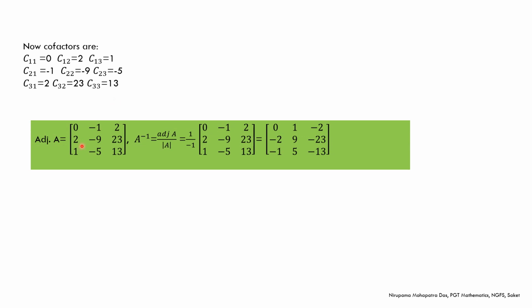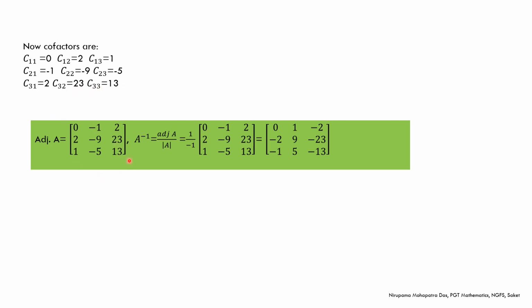And our adjoint of A is the transpose of this cofactor matrix. So please observe here 0, 2, 1. These are the cofactors of the elements of the first row. We have written them here in the first column. Similarly, here we have -1, -9, -5. These are the cofactors of the elements of the second row. We have taken them in the second column. And here